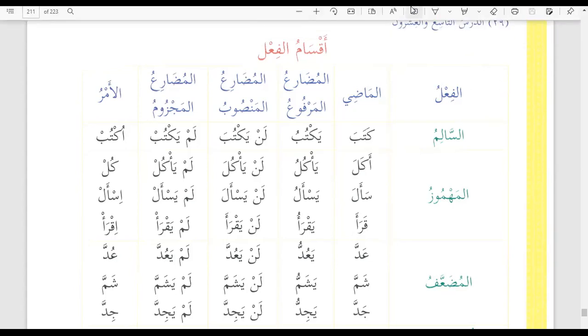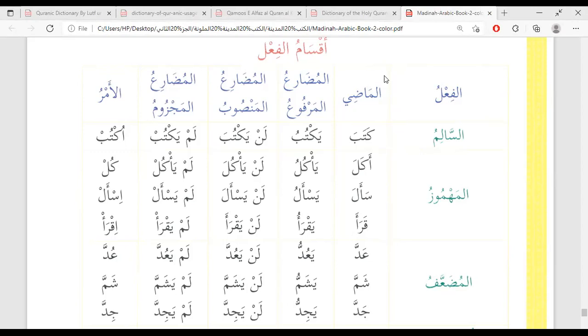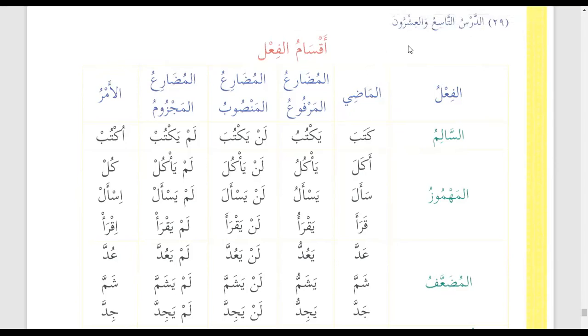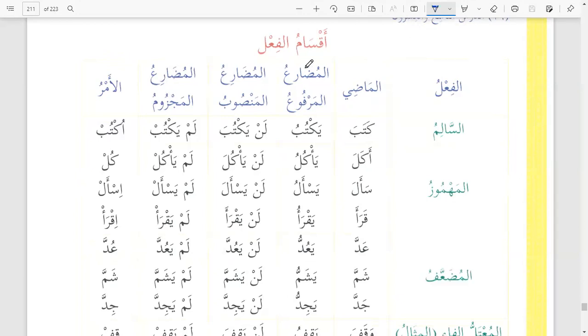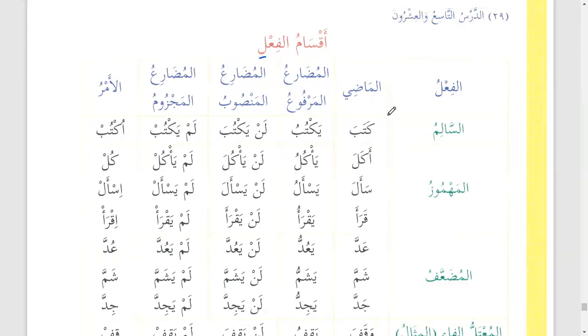So as we know that we have discussed them all in detail, and now inshallah, you should be confident enough to know about all of them, and you should be able to understand all of them as well. So this one should take kasra because it's aqsamul fi'li. As we know here, al-fi'lu, this is a summary of everything that we have completed so far, and this is also the part of lesson number 29.